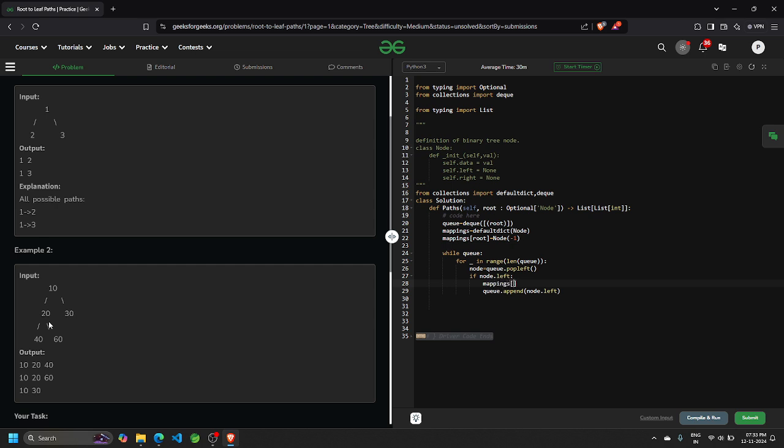Mappings from the node dot left. So you will map it to your actual node. And let's do the same thing for